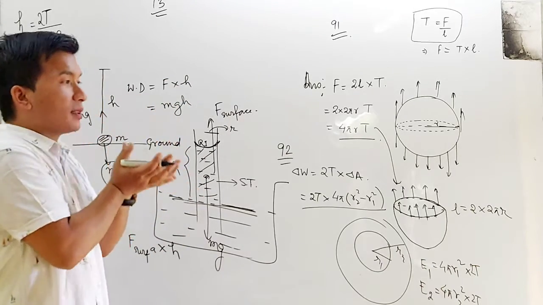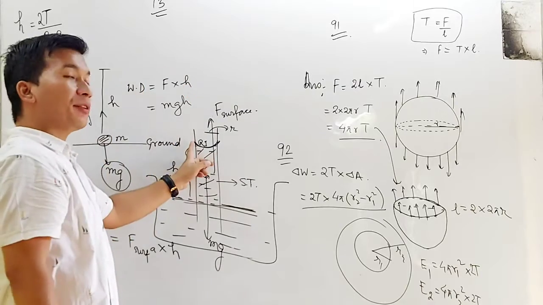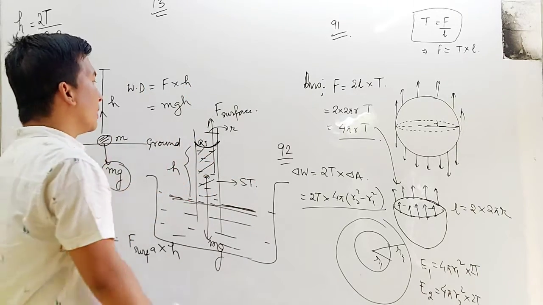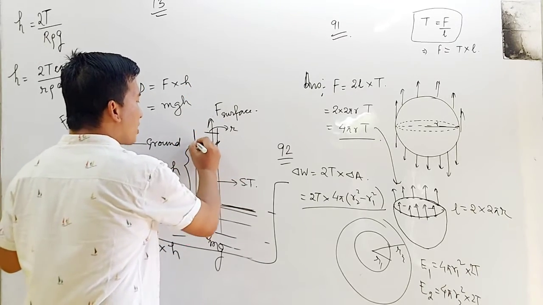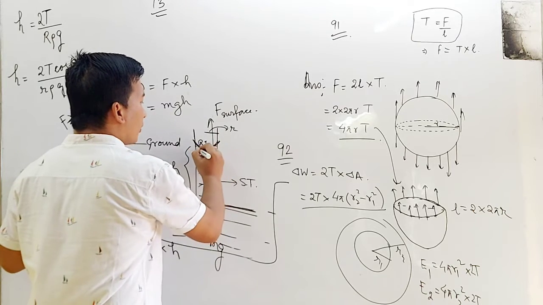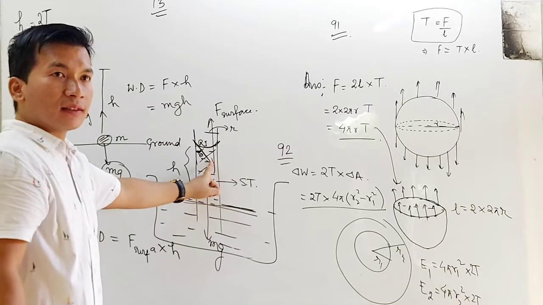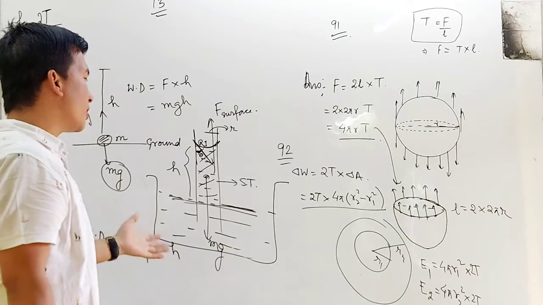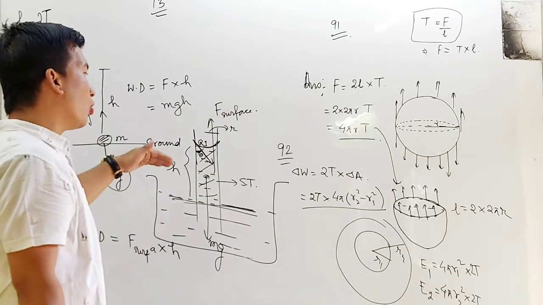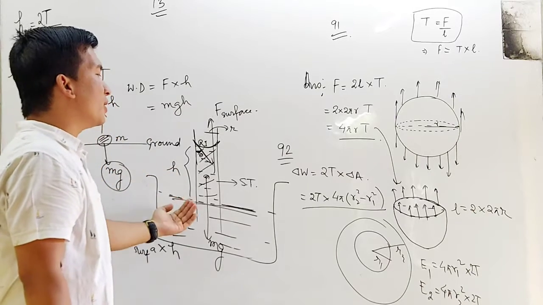The upper surface of the liquid in the capillary will be known as the meniscus, and the angle made by this meniscus with the wall is known as theta, the angle of contact. That is simple. Now how much work is to be done by the surface